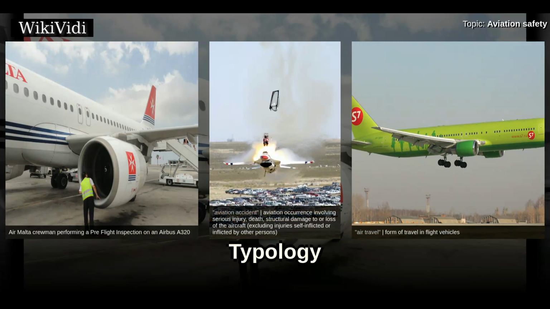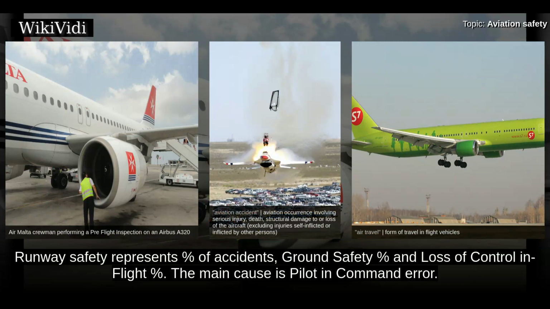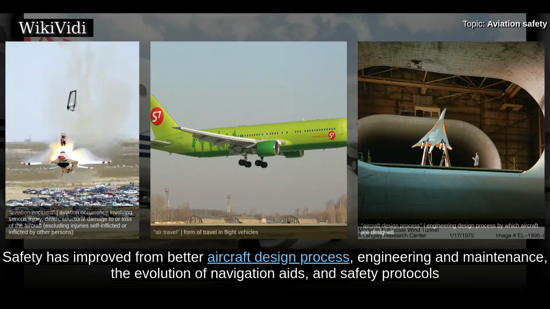Typology. Runway safety represents percent of accidents, ground safety percent, and loss of control in flight percent. The main cause is pilot and command error. Safety has improved from better aircraft design process, engineering and maintenance, the evolution of navigation aids, and safety protocols and